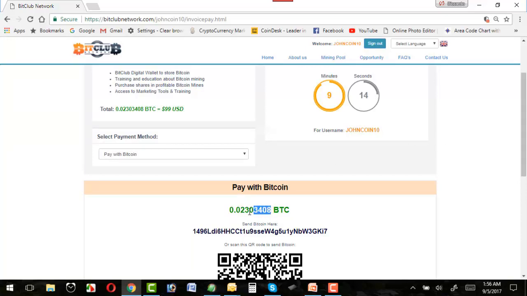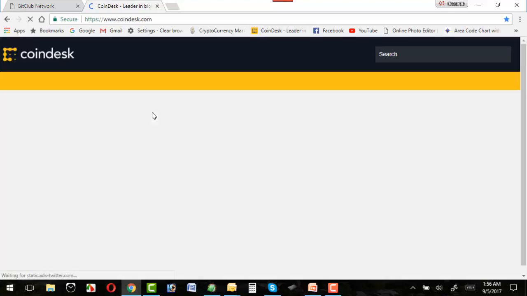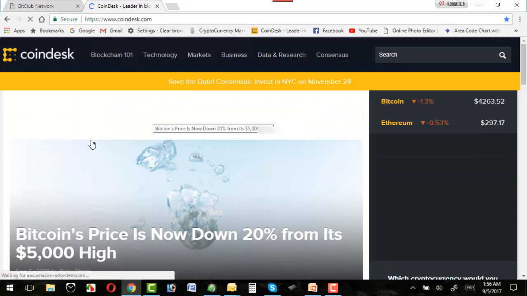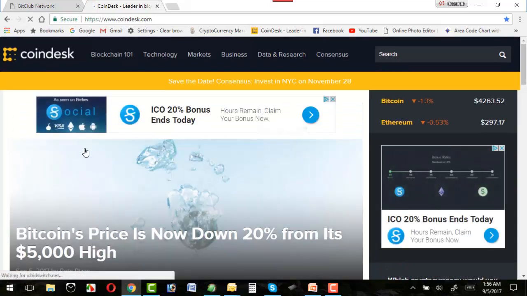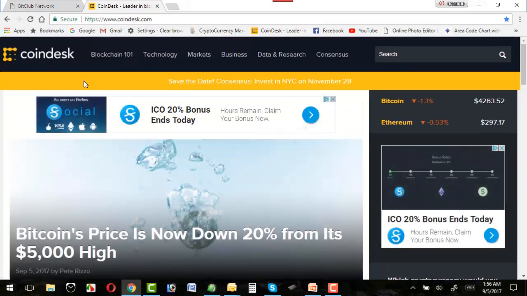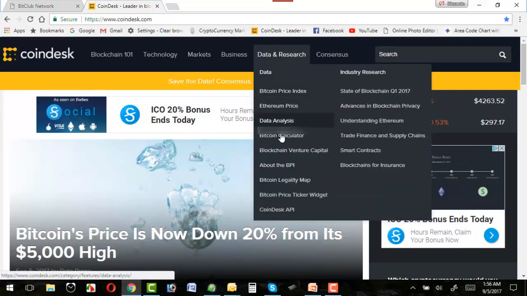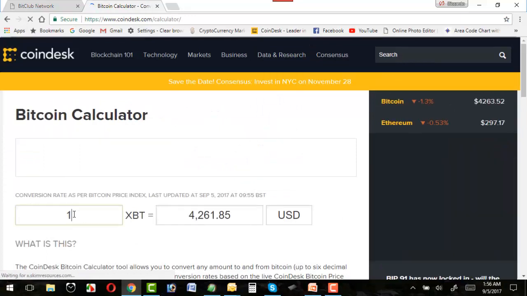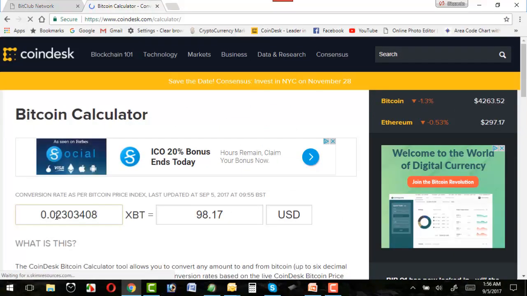Now, take a look at this amount over here. You're going to highlight that and copy it, and then add on to coindesk.com. This is an extremely great, useful website, lots of news, good training on it, everything you need to know about Bitcoin, cryptocurrency, a lot of high-level industry news here. But under data and research, there is a calculator. Okay, so on the calculator, that amount they gave in the back office is